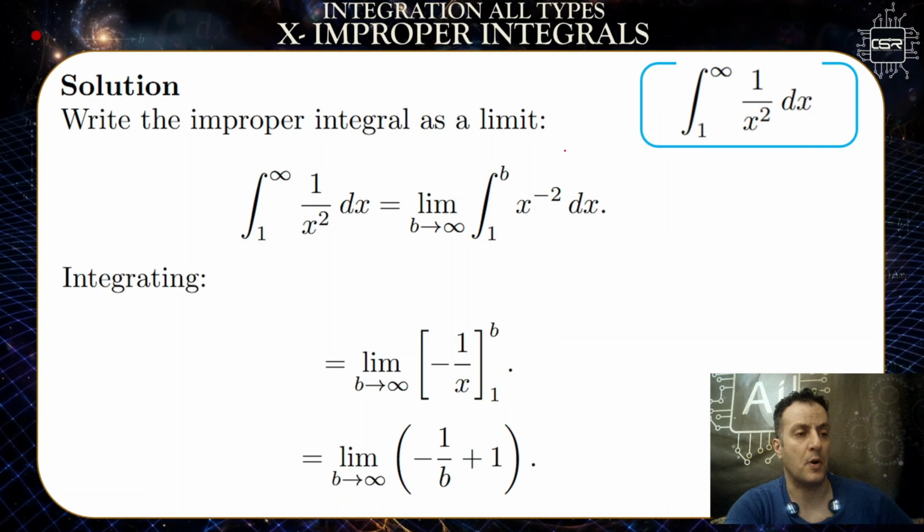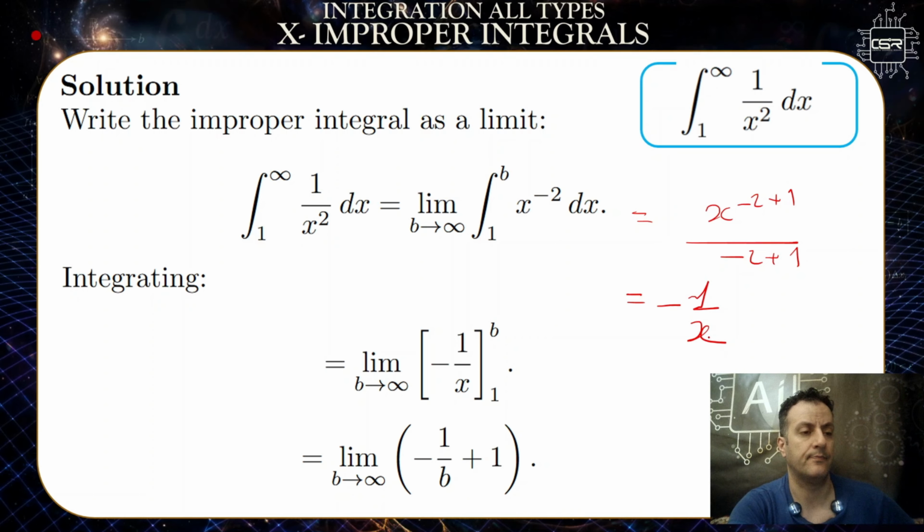So x to the power of minus 2 dx, which is x to the power of minus 2 plus 1 over minus 2 plus 1, or minus 1 over x between b and 1,